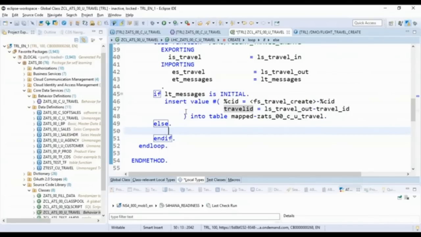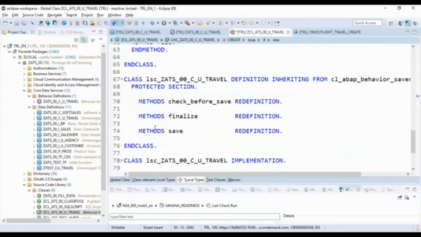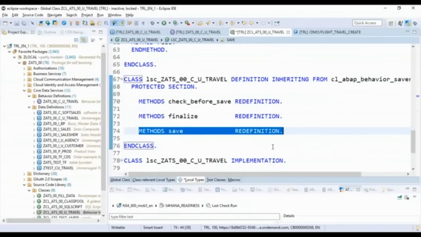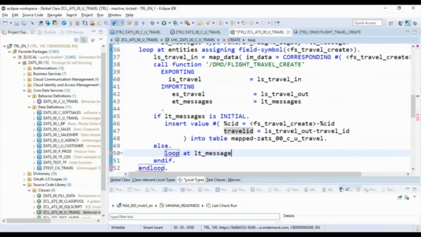We need to kill the flow of the program, and we need to tell the user, hey, there is something wrong. We need to kill the program. The system should never reach the save sequence in that case. If by chance it reaches the save sequence, it will become an auto commit. So we need to terminate the program here itself, telling the system, hey, please return from here only, don't go to the save sequence, you are still in a transaction buffer. So go back. So I just loop over all the messages which have come from the BAPI,